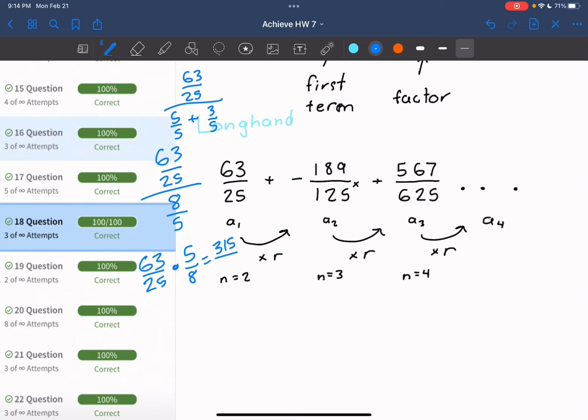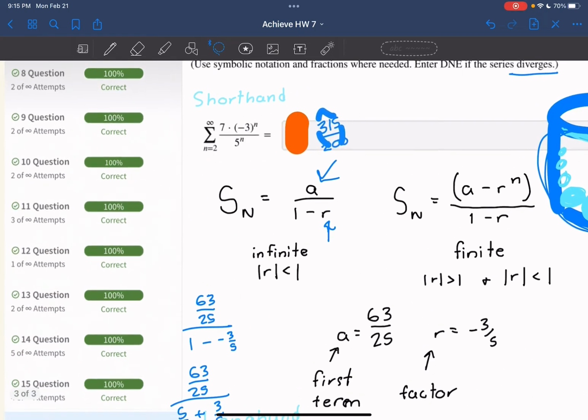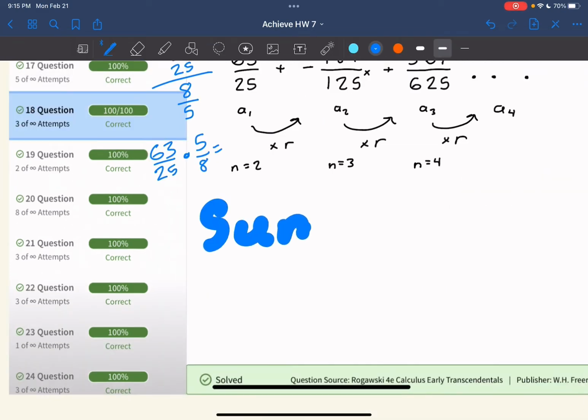And 25 times 8 is going to give you 200. So this is the final answer. We're going to put this up here and match it with the correct answer. So in summary,